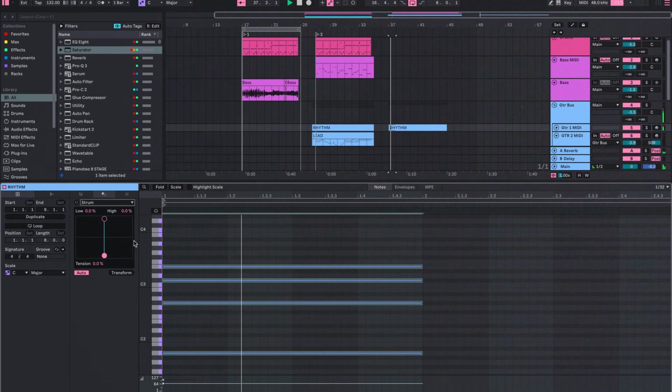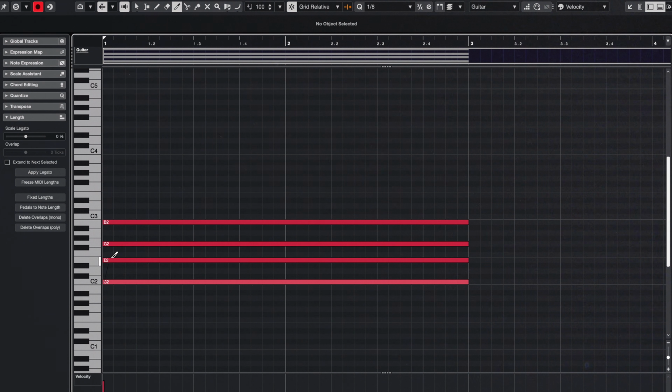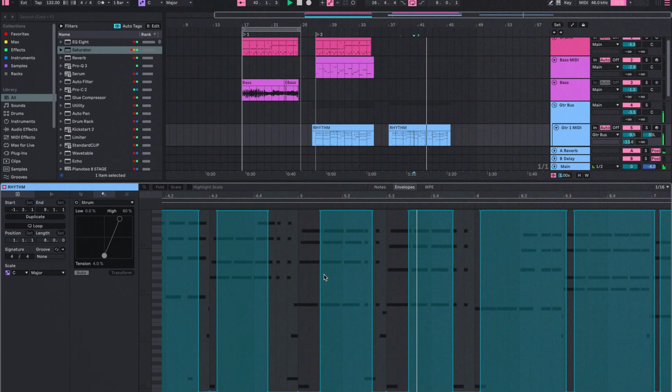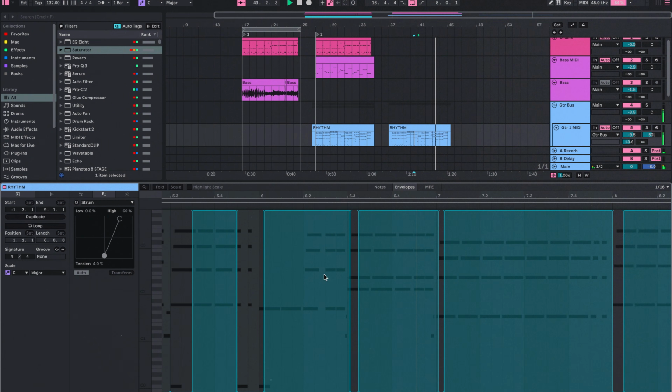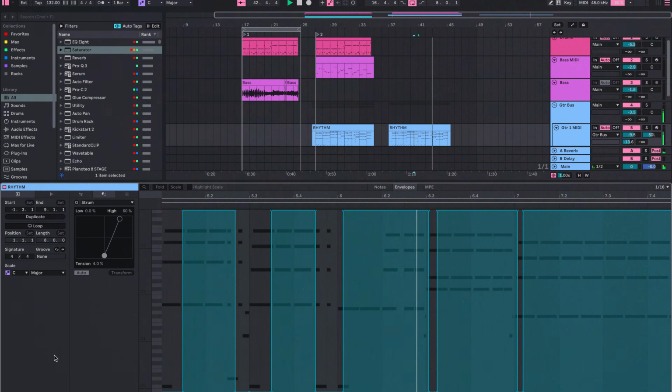Okay, this might sound a bit obvious, but if you're trying to do guitar strums, make sure you're actually strumming the chords. In Ableton, you can do this very easily with the strum function. In Cubase, you can use the trim tool for this. Other DAWs might do this a bit differently, but the result should be the same. Another good tip if you want the notes to ring out longer is to use the sustain pedal, which I think sounds better than just extending the notes.